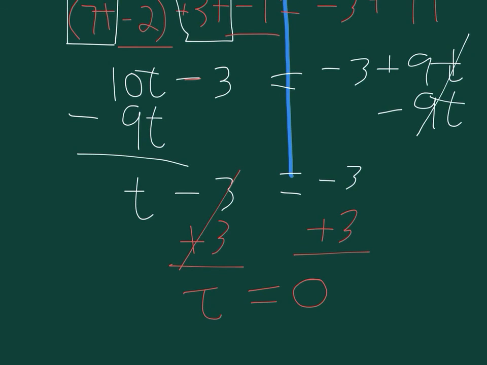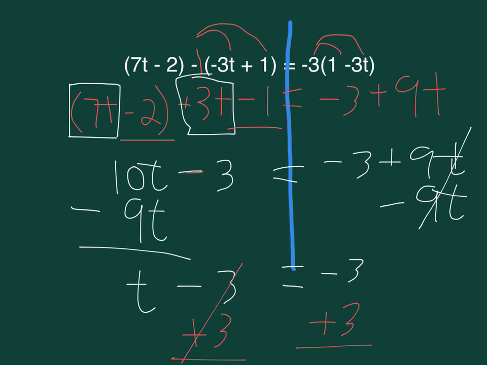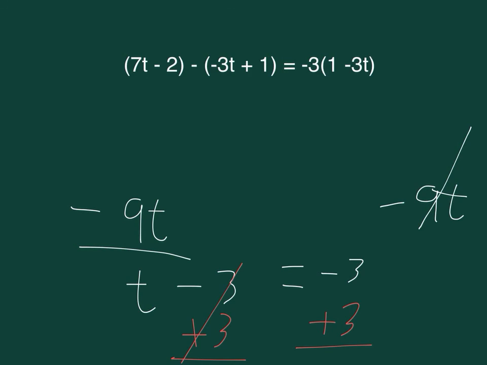You can plug that number back in at the top if you choose to. You'll notice that 7 times t is 0 minus 2. -3t is also going to make 0 as well. Here, let's just